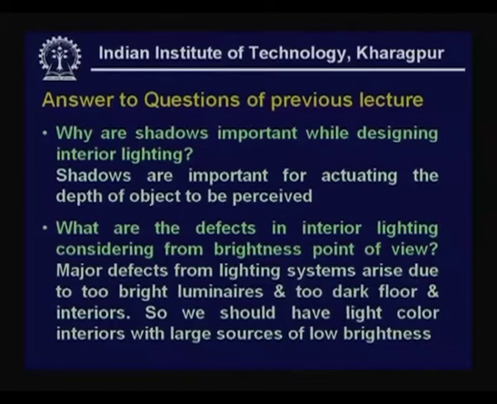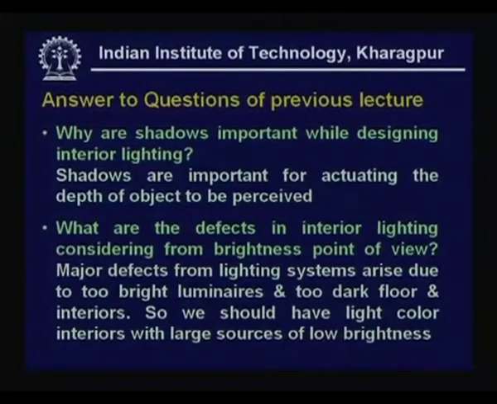So, in fact, we did mention in the lecture that there is a certain ratio which needs to be maintained between the darkest object to the brightest object in a room, 1:3:10, in order to avoid such defects. So, we have light color interiors with large sources of low brightness. This takes care of